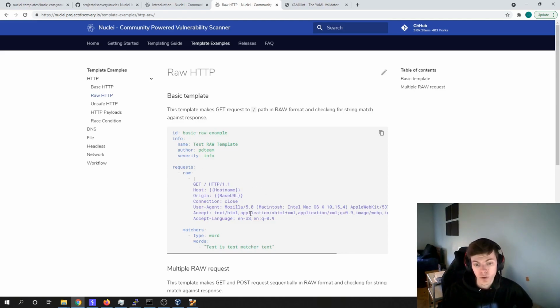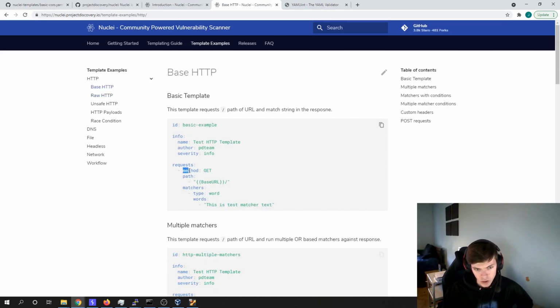This is really good for checking for some very specific vulnerabilities or if you need to have special formatting. But it's a lot easier if I'm just looking to request the main page of a website. I don't need to get into the details about user agent or stuff like that necessarily. There's no special headers. So in this case, we'll probably just stick to a base template, but it has the same. So you have the raw section defined here, whereas up here you just go directly into